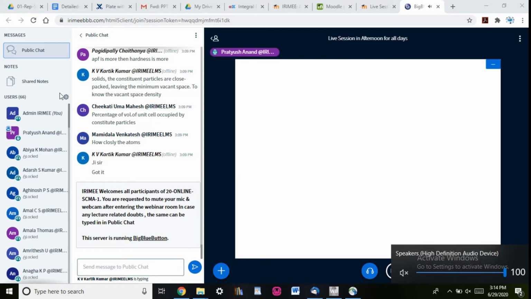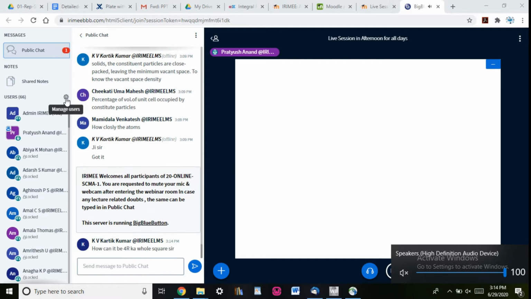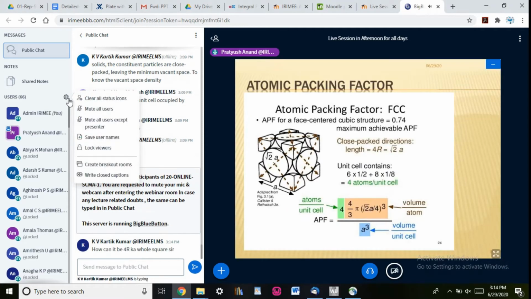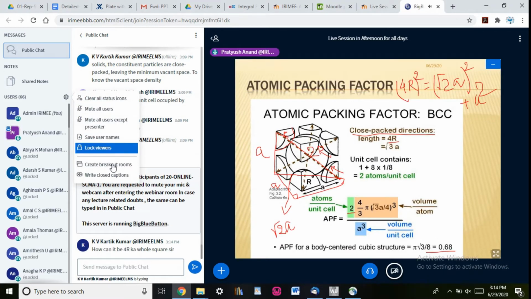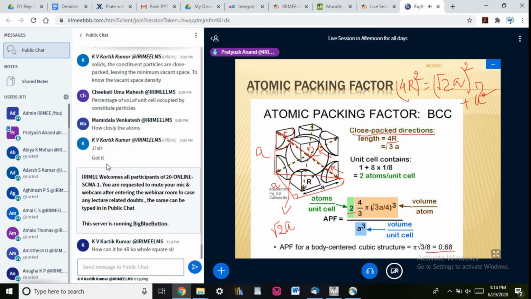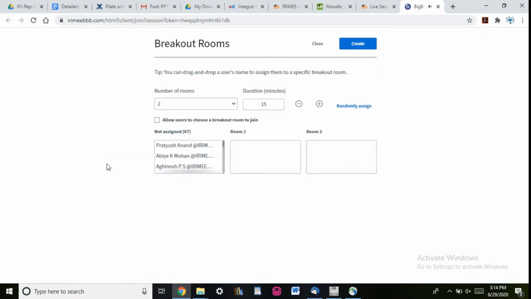Breakout rooms. So you click on here, manage users, and then you click on create breakout rooms. So basically if you want people to go into rooms and do group discussions, then this is a really nice thing to have. So here you can create 2 rooms or 4 rooms.